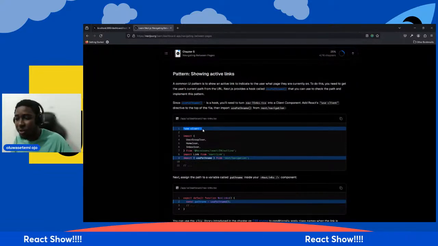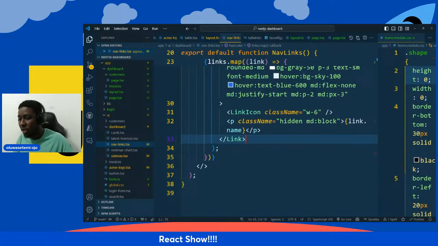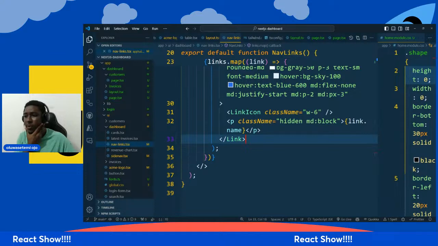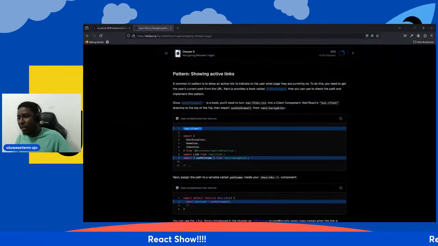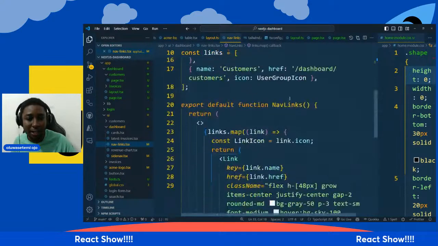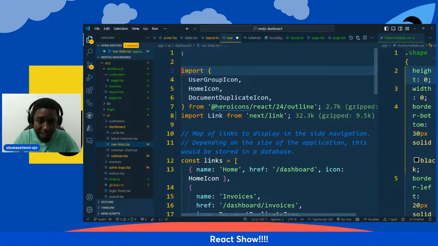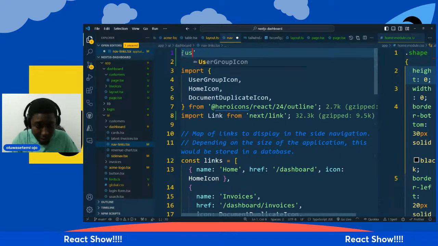My understanding of use client is that if we put use client on the top of this,